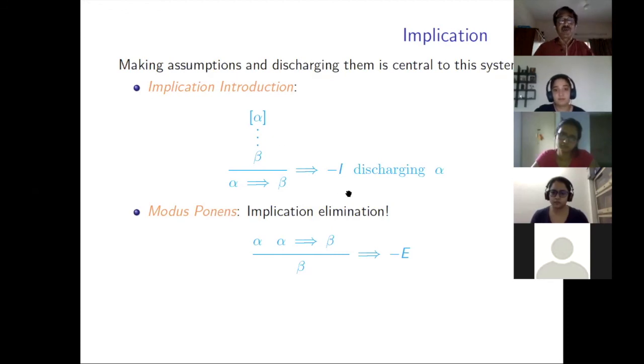Please check it out, go over it. The one with the alpha distributivity looks horrible. But if you write it as a tree and divide it into subtrees and go on using the implication introduction and elimination, you will find that this is all you need to do. And the only things you will keep going to are the axioms alpha implies alpha, beta implies beta, gamma implies gamma, and from that you